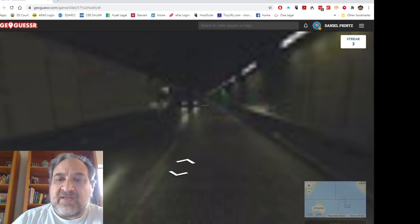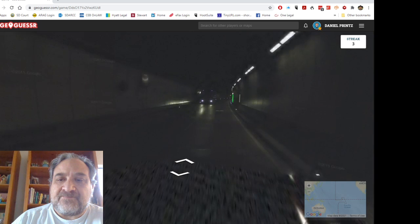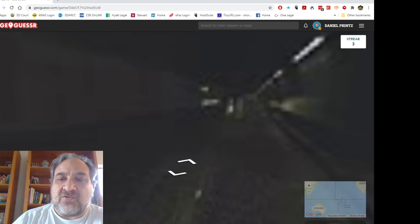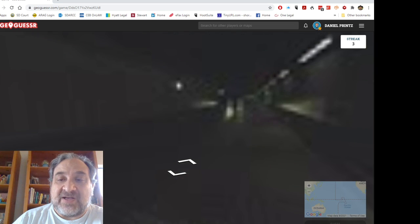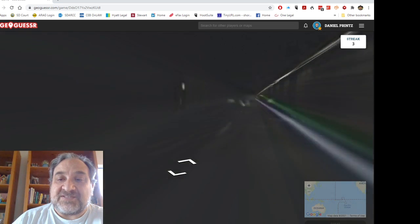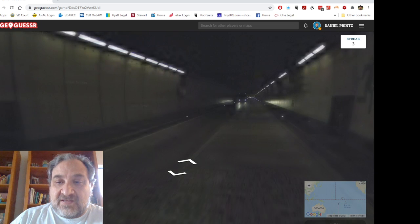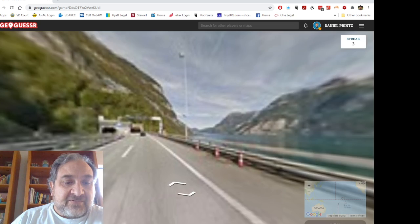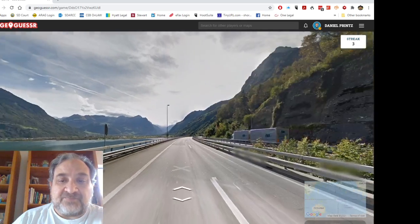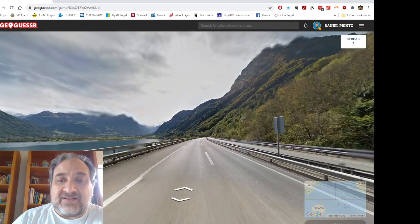Okay. How long is the tunnel, do we think? Some of these tunnels go miles and miles, like 17 miles or 20 miles or more, which is an outrageously long tunnel to have. And unfortunately, I don't want to travel that long through the tunnel. So I'm going to return to start and head back on here, hoping,